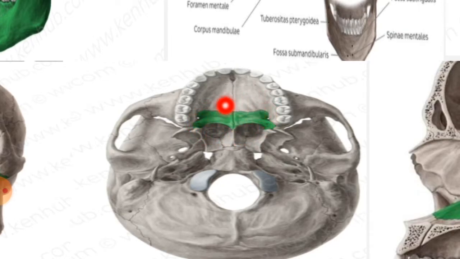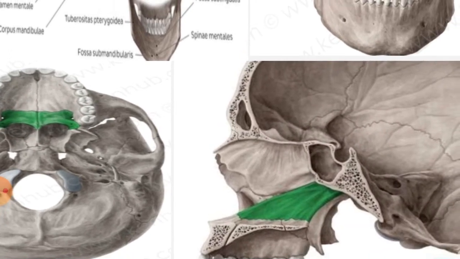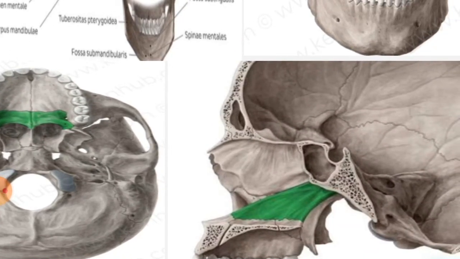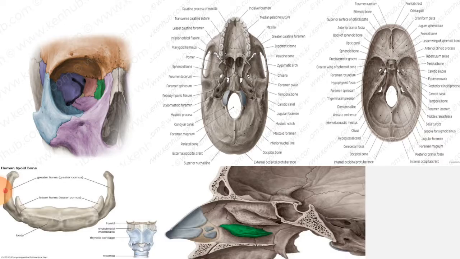These two are the palatine bones, which form the hard palate of your mouth. This one is the vomer bone. Okay, so these are the lacrimal bones, and these lacrimal bones lie lateral to the nasal bones. These are the nasal bones, and you can see that the lacrimal bones are lying lateral to them, and they are two in number. Here only one side's lacrimal bone is shown.